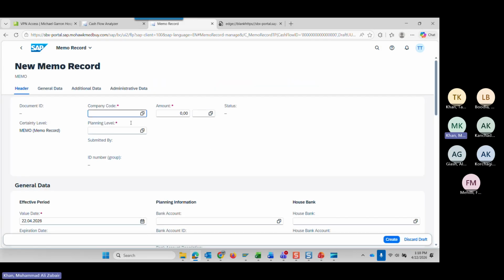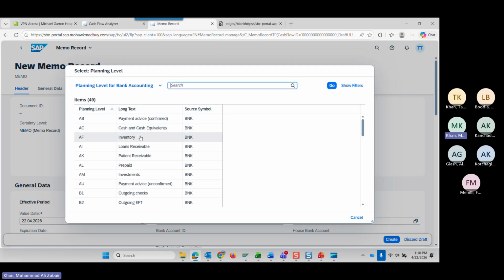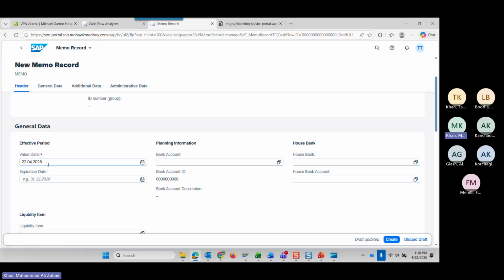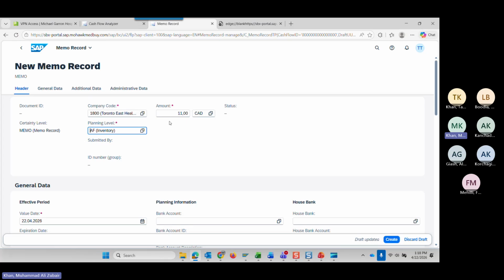Company code, again, the red sign is the mandatory one. You can write it here. Currency, we go with, okay, we go with dollar. We have to mention the currency as well. Planning level, again, it's a document type. You can select anything, so we select one here for the purpose of understanding. And value date is that it is effective from this date. Expiration date is something that you think that this amount, $11,